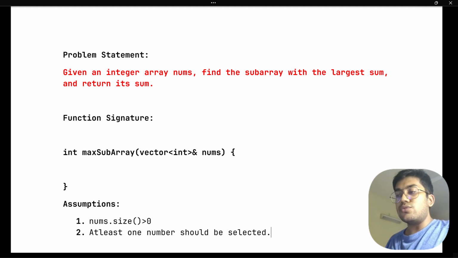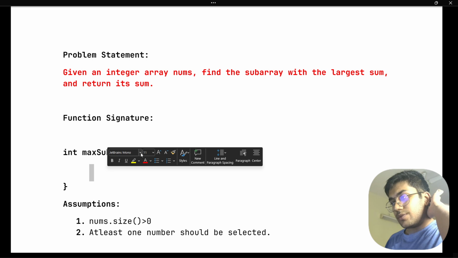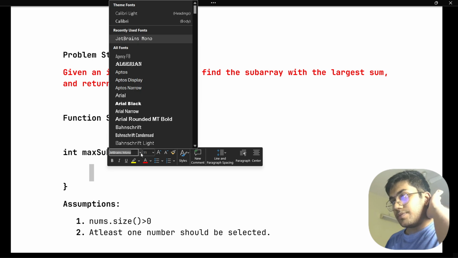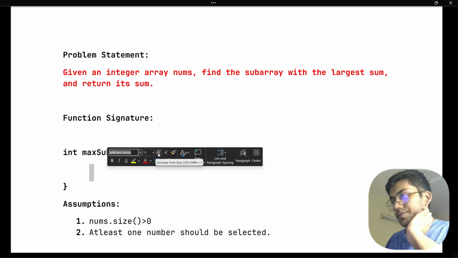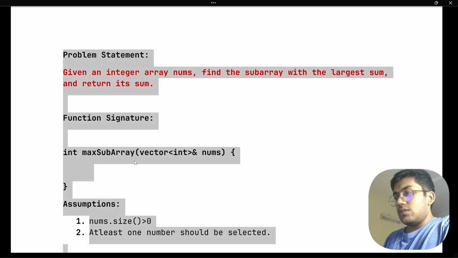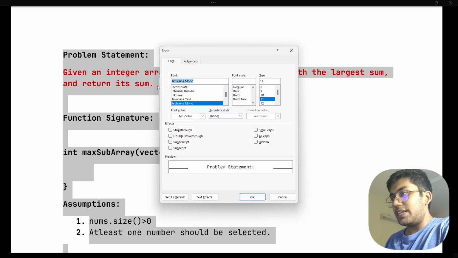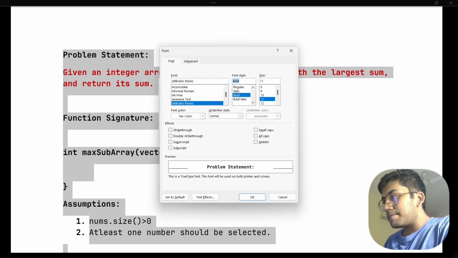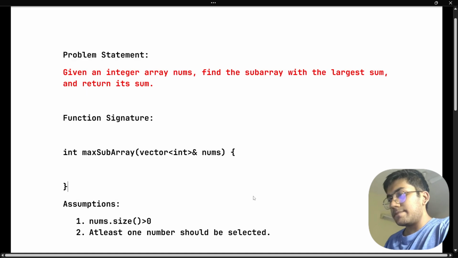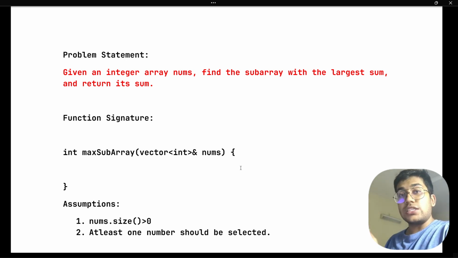So I am not assuming that the size is uh, 0. See, JetBrains Mono. Okay, okay. So first of all, the font is a bit, selecting the correct font. Okay, so at least one number should be selected, so my answer could be negative in